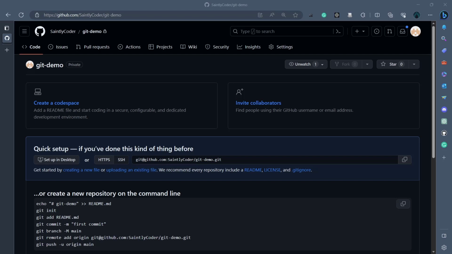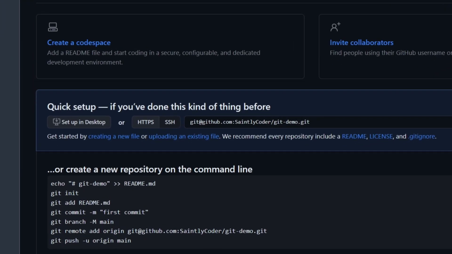I'm going to be using GitHub. So if you look on the screen now, you'll see there's a repository that's been created, git-demo. I haven't actually put any files in this repository. I haven't played around with it at all. I have literally just created it in GitHub. And then in addition to that, I just want to point out that I will be using SSH authentication. And in my case, that SSH authentication has already been set up prior to this